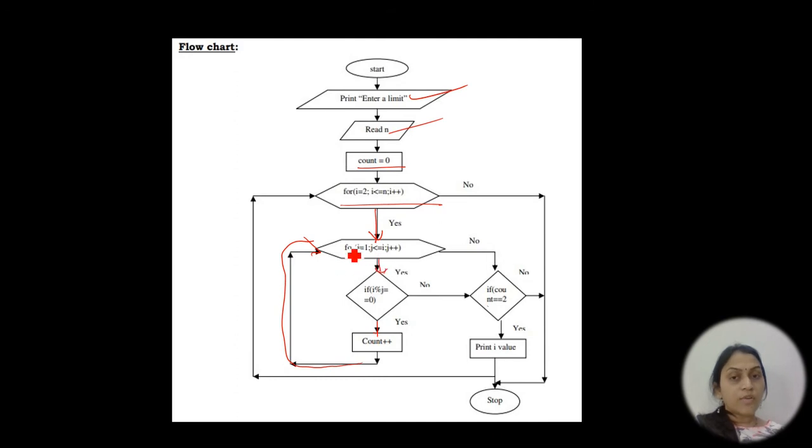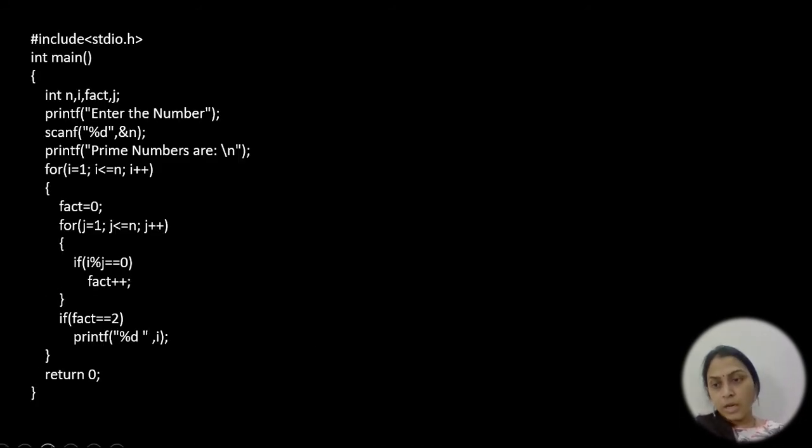Okay, and check. Whenever the inner for loop condition is not satisfied, then only we have to check the other condition. We are not exiting the inner for loop; the inner for loop is exiting but not coming out of the first for loop, the outer for loop. So if count is equal to 0, then we need to print the i value. Okay, so print the i value and again go back to the outer for loop, and again the process will be checking like this. Now let's see the program here, then you'll get clarity on what's happening here.